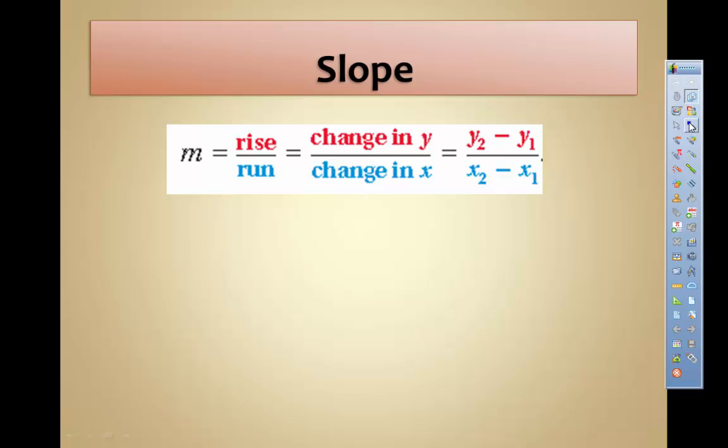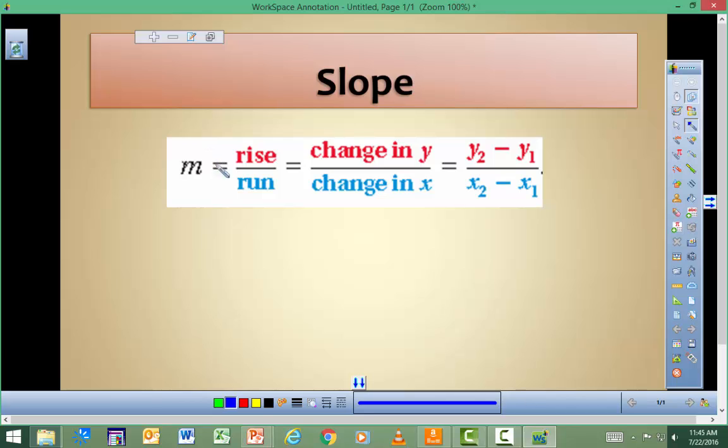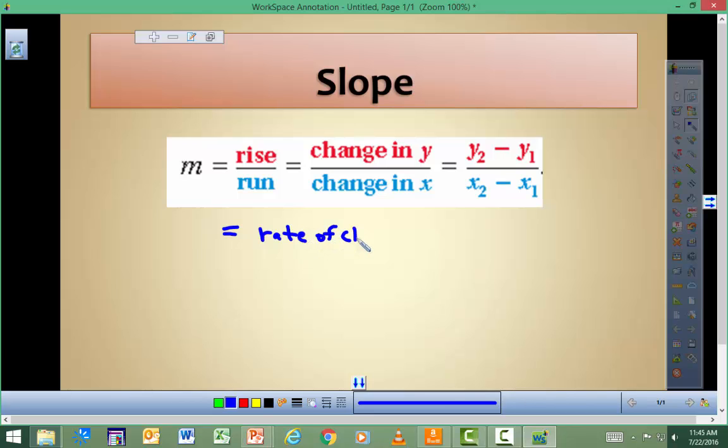Sometimes I just might mention here, it's also referred to as a rate of change, like how fast something is changing. Often we talk about speed. That's also a rate. It's the amount of distance you cover in a certain amount of time, usually like miles